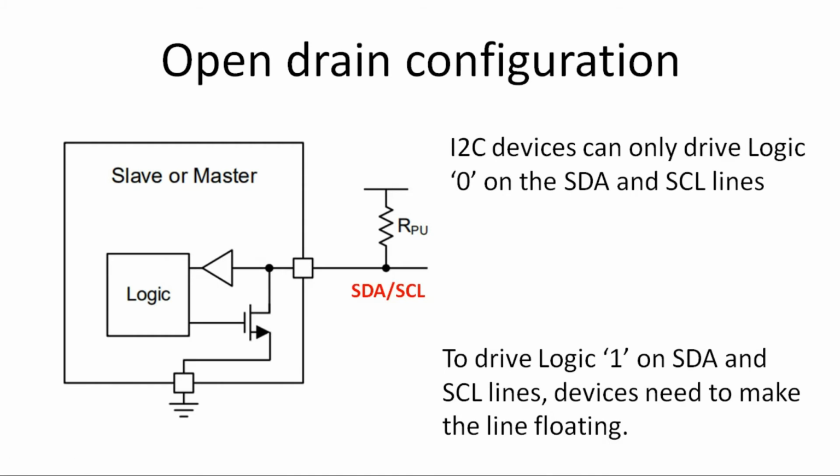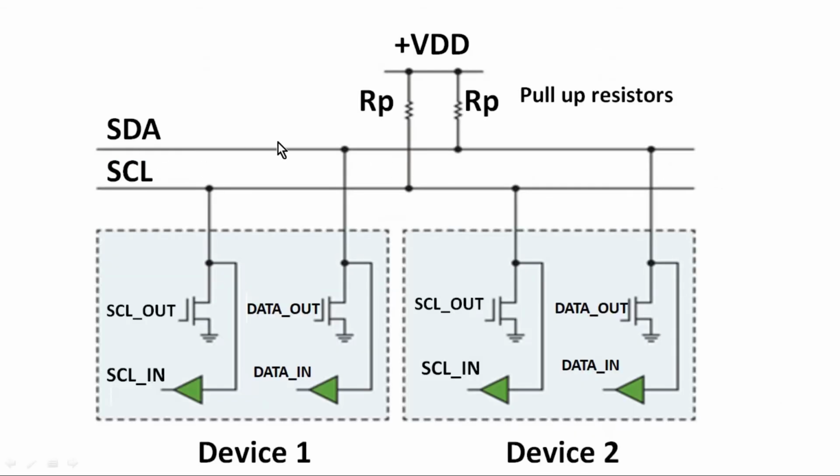Friends, now I am going to show you how multiple I2C devices are connected on the I2C bus. This is the I2C bus, where there are only two lines, SDA and SCL. Both lines are connected to VDD using two pull-up resistors. I have considered only two devices in this example just for convenience. This is device 1 and this is device 2. Obviously both devices will have two lines, SCL and SDA. This is the SCL and SDA of the first device, and this is the SCL and SDA connection of the second device. Now let us see this SCL line.